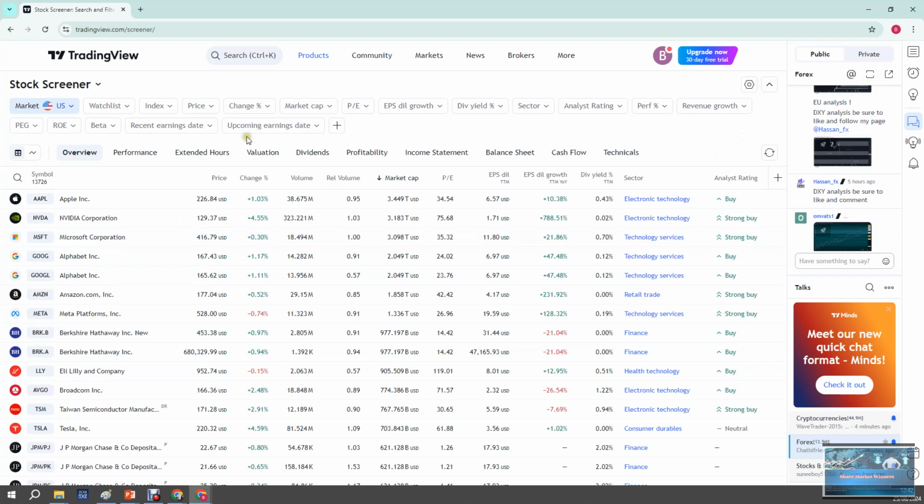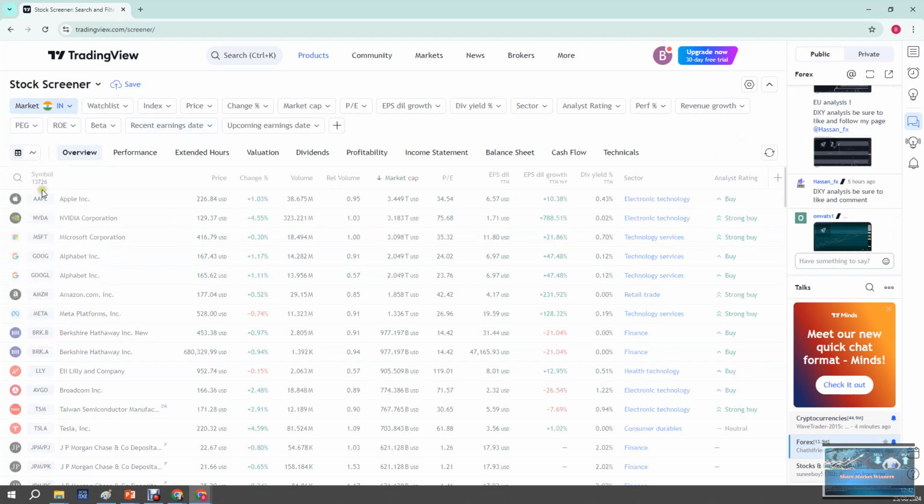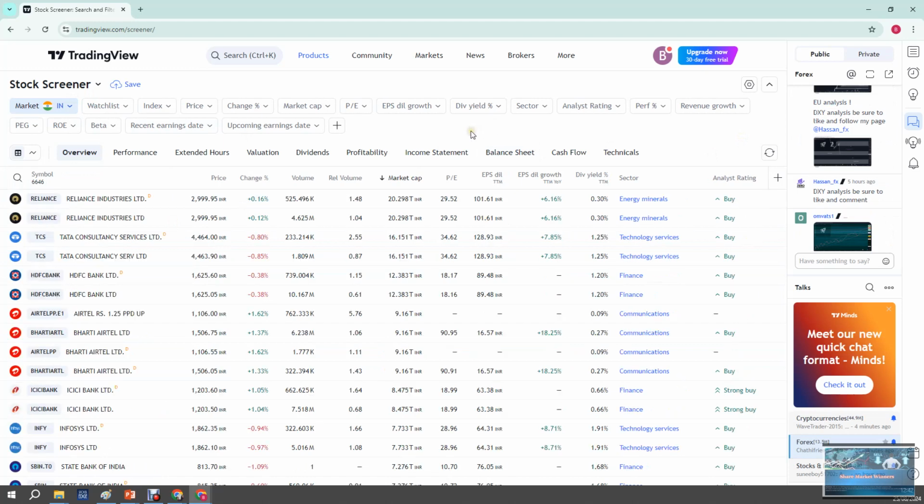Okay, so when you go to the screener, the first thing you have to do is change it to the country which you are trading in or investing in. Here you will have duplicates which you can get rid of by selecting the